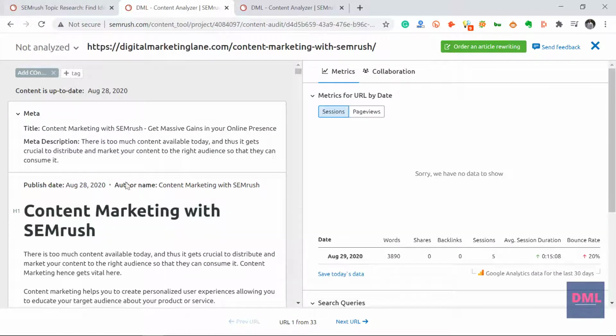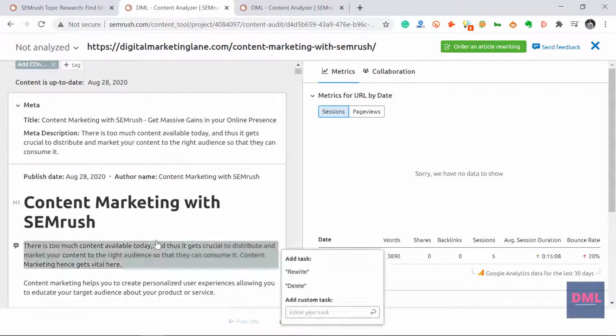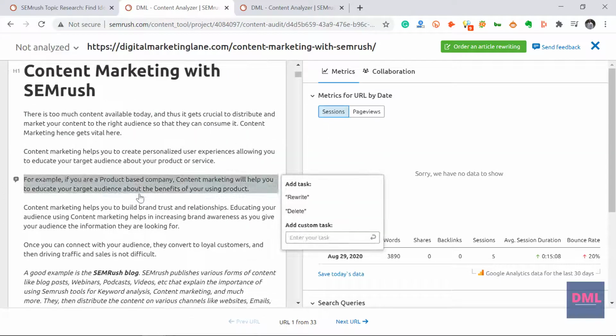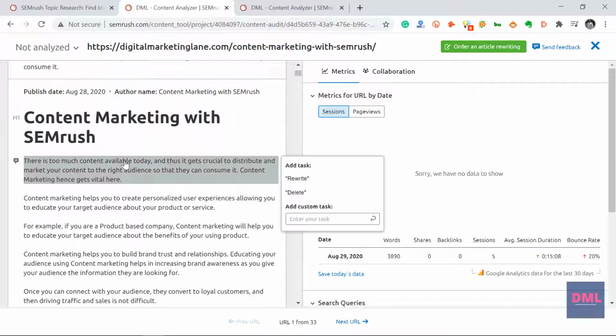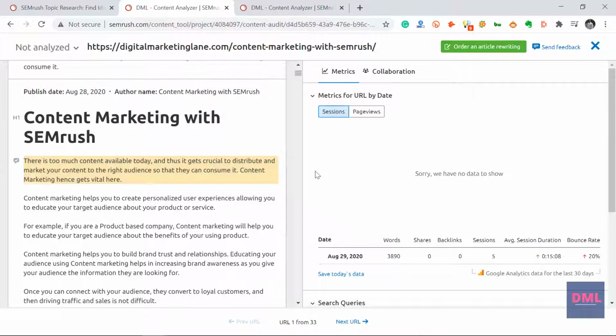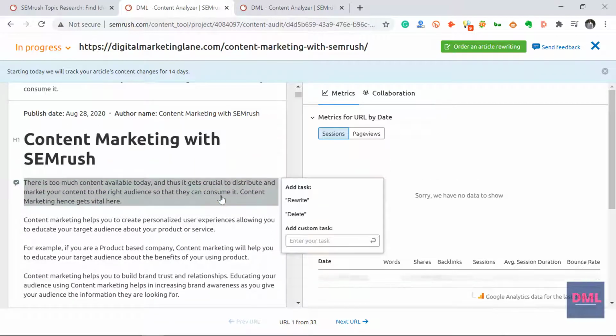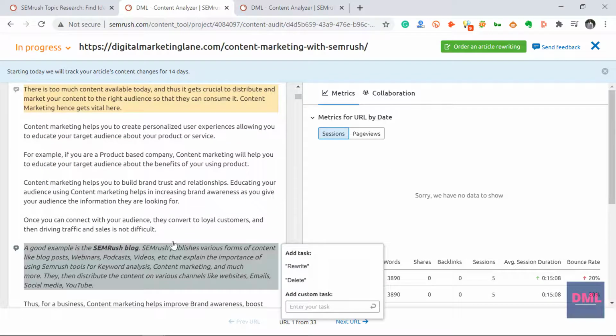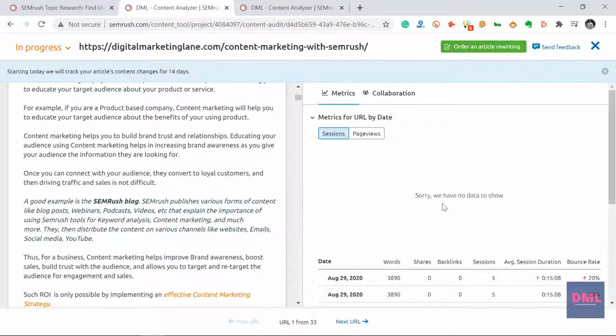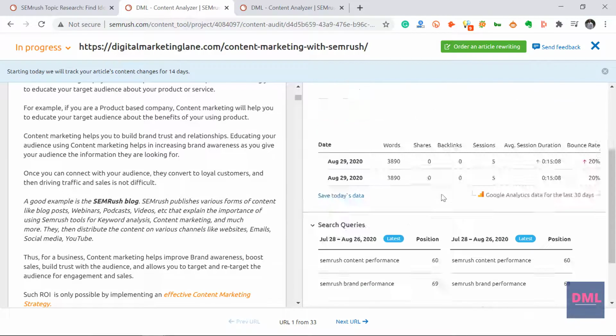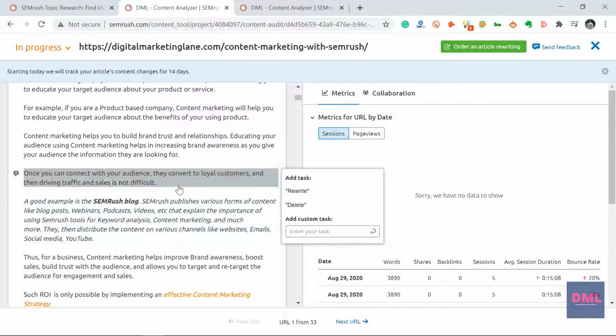So you can see the entire breakup of the post here. For example, you're going through this post, and if you feel that this needs to be rewritten, you can assign this task, rewrite, or add keywords here. Click on enter, and you can also assign. Okay, you can add such tags. You can segregate your data, all using one single metric,